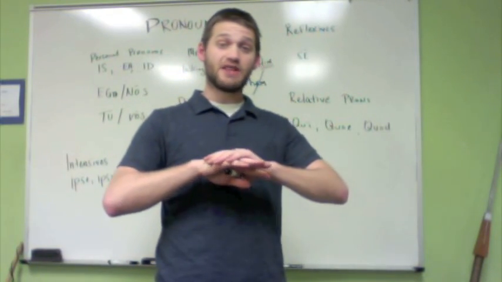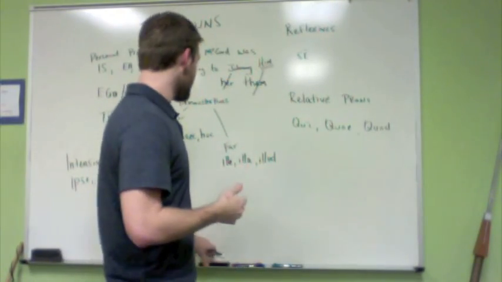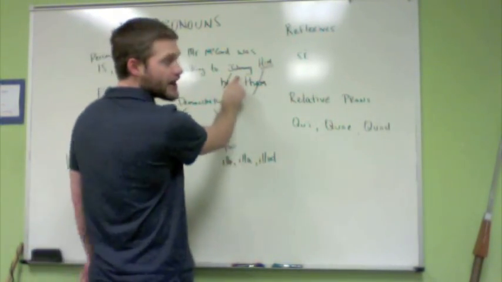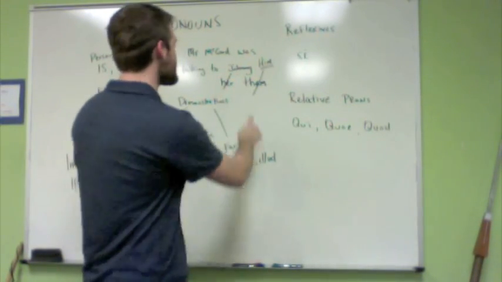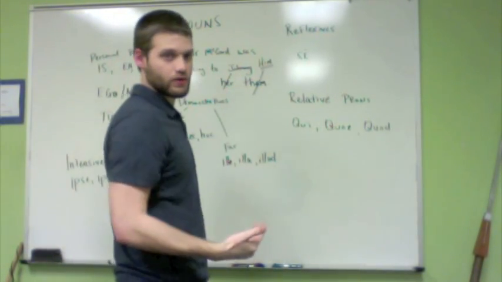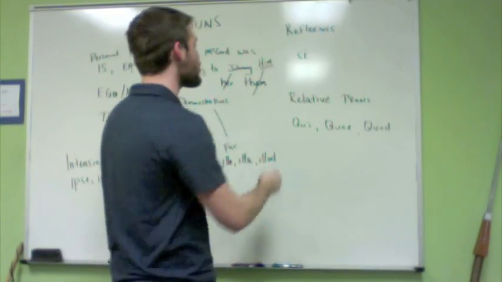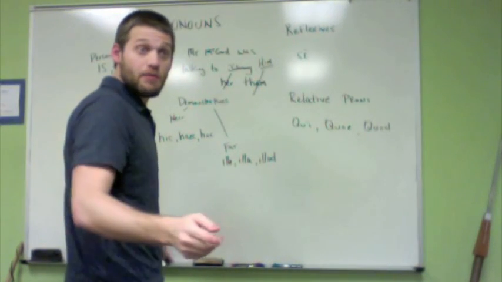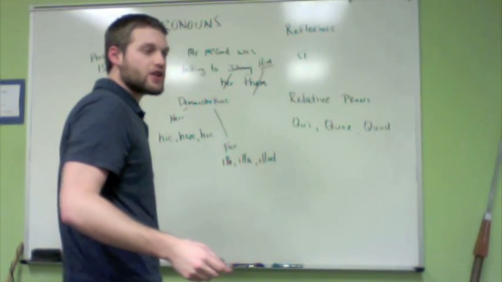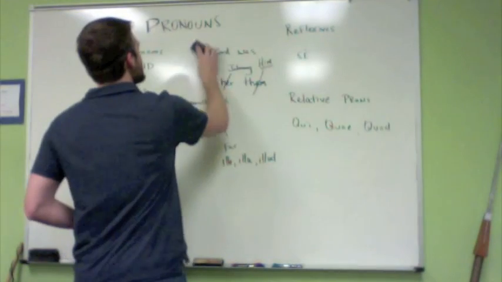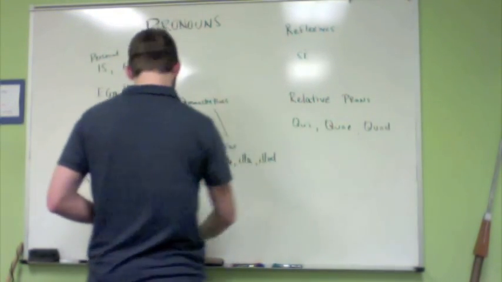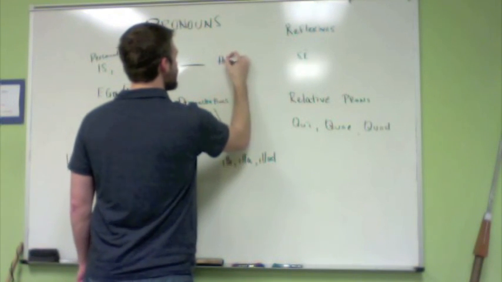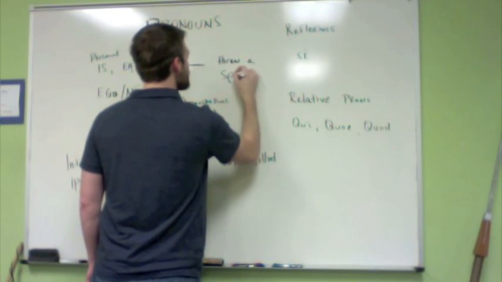Otherwise, though, pronouns can change in any way. So if we take this example, let's take Johnny. In this sentence, Johnny is an indirect object, or in this case, he's the object of the preposition to. Okay, so Mr. McCord was talking to Johnny, Mr. McCord was talking to him. So in this sentence, the pronoun him would be correct. But let's take another sentence, like Johnny threw a spear. Johnny threw a spear. And I'm going to replace Johnny with a blank first. So blank threw a spear.